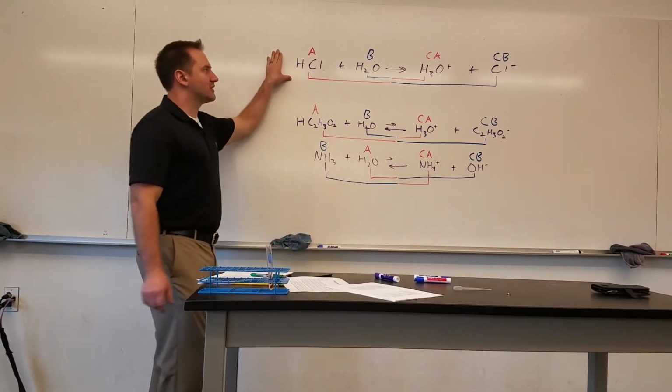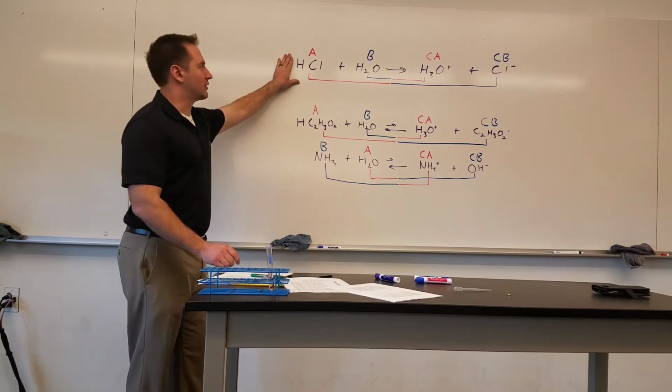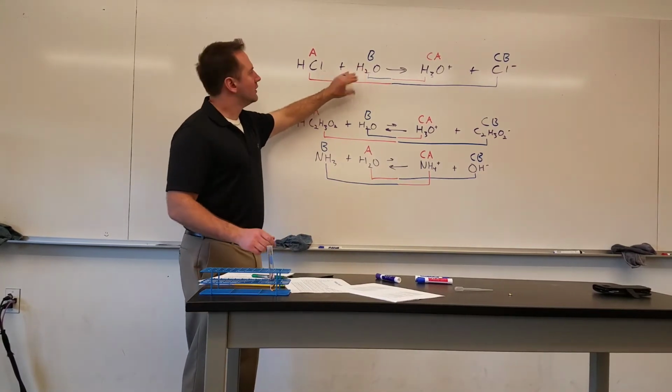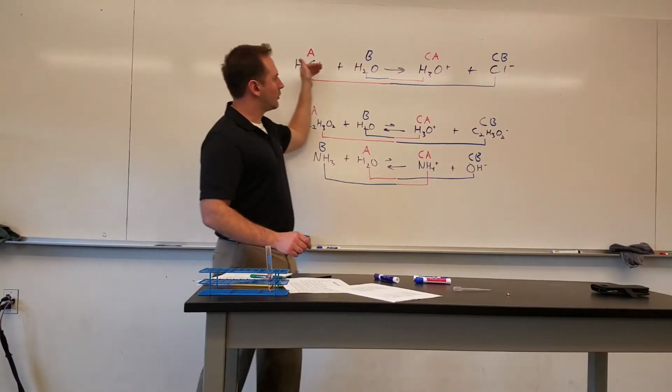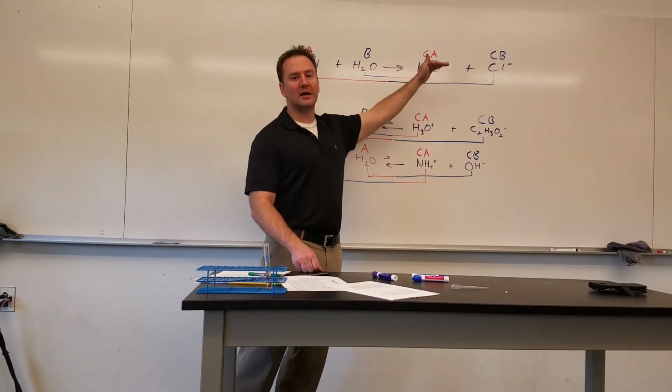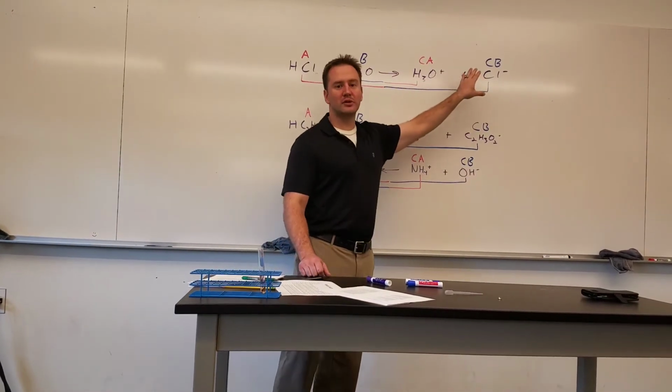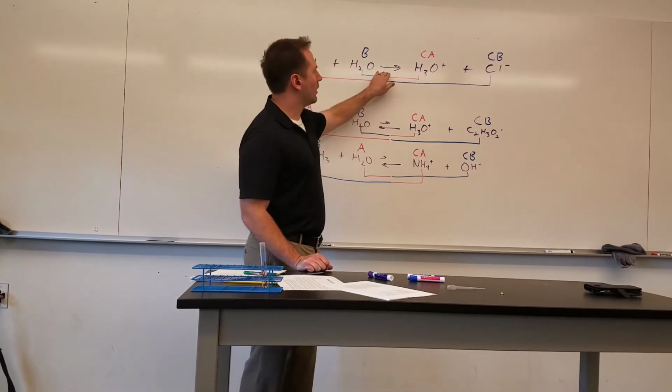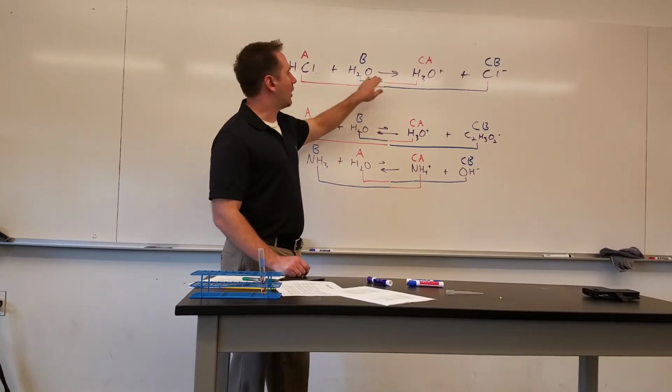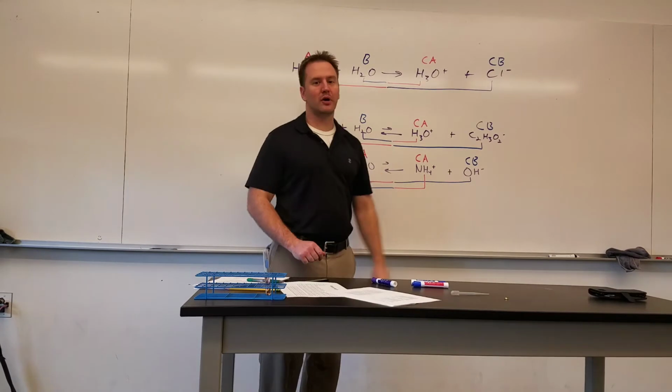Now this right here is an example of a strong acid dissolving in water, which is a weak base, obviously. So you have a strong acid, it's going to completely ionize, and so all of the materials would be in the product form. So you're going to have a one-way arrow here, meaning that all of the reactants will get converted to products